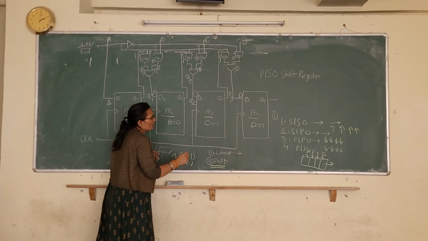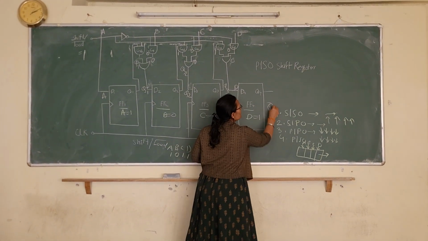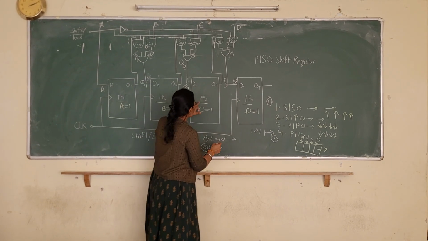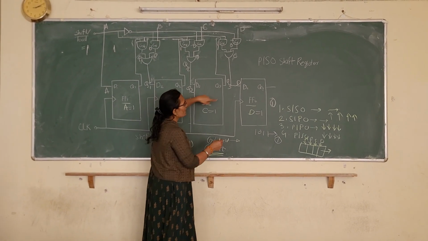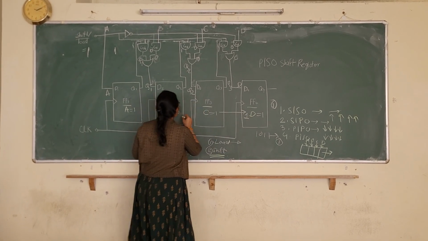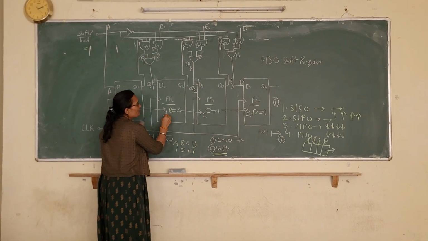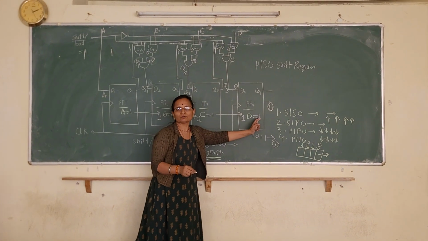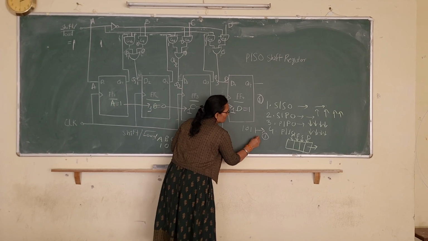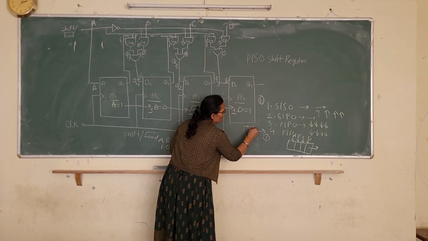It means what? First, your Q4 data is already 1, so that 1 is out first. So take your data 1 0 1. First your 1 is out, then this Q3 is shifted here. That's why your 1 is shifted here, and this 0 is shifted here, and this 1 is shifted here. In this way data is serially out. This is parallel data in and serial data out. Your first 1 is out, then this 1, this 0, and then this. This is your shifting of data.